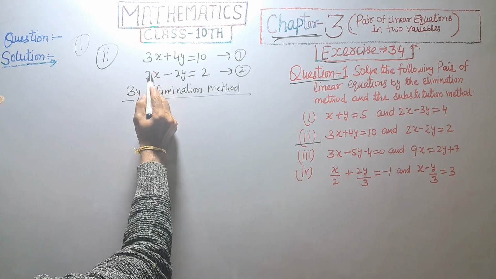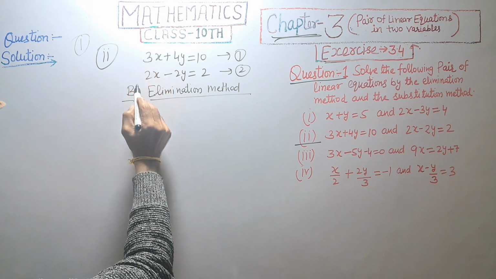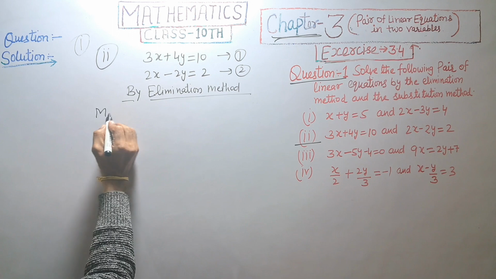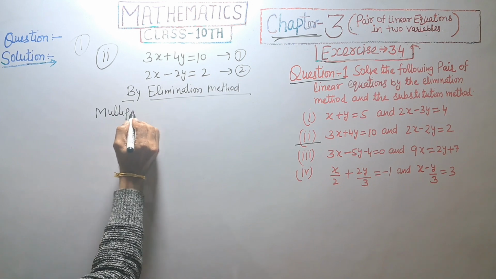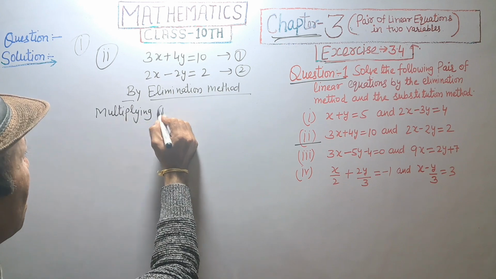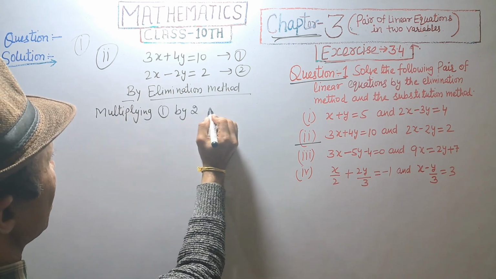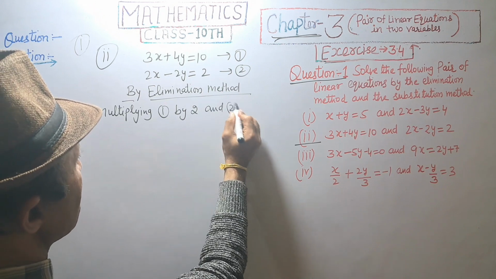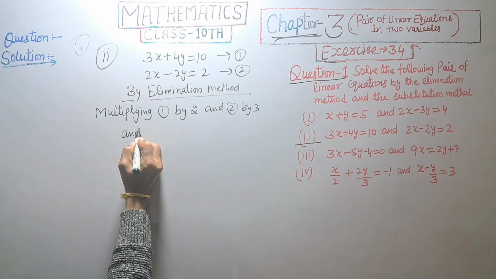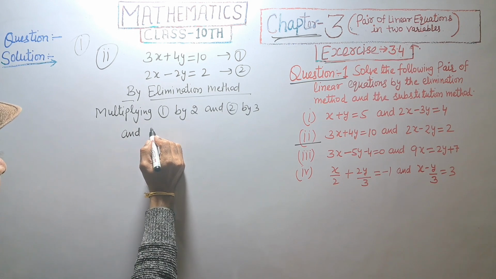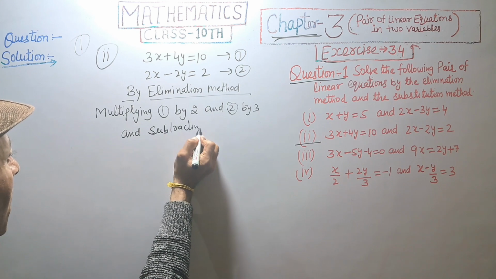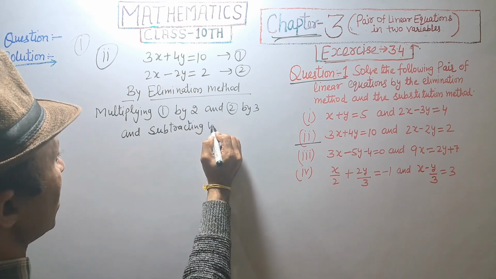Multiplying equation first by 2 and second by 3 and subtracting, we get